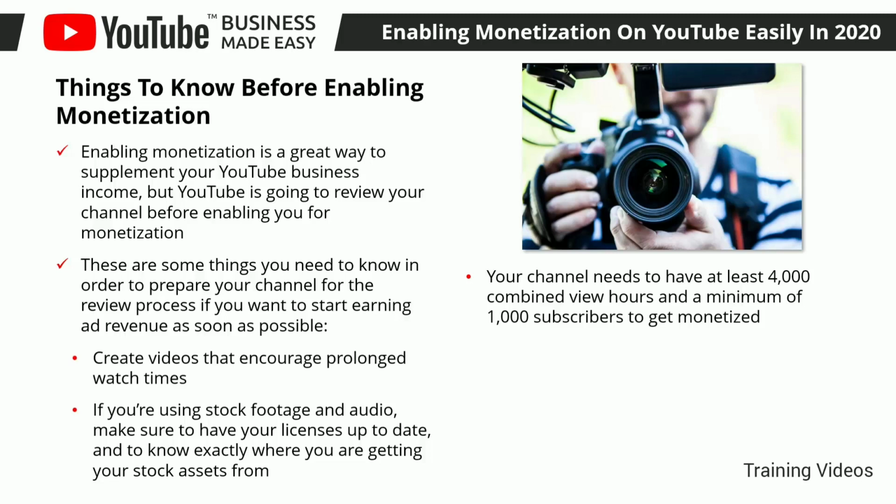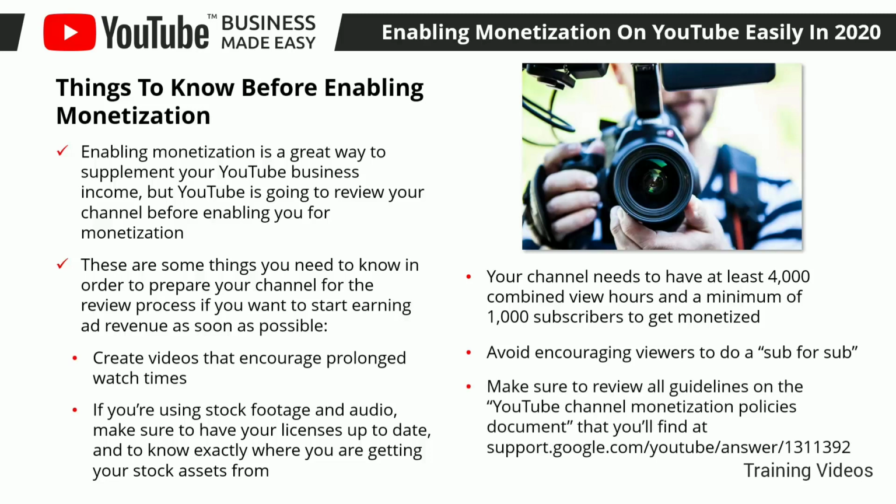It is also necessary to do an SEO audit on your published videos so you can optimize your content for maximum visibility, which will help you reach those numbers more easily. Avoid encouraging viewers to do a sub for sub. YouTube will deny your application if you use sub for sub as an engagement strategy. Instead, call viewers to subscribe, like, and turn on notifications. Make sure to review all guidelines on the YouTube channel monetization policies document that you'll find at